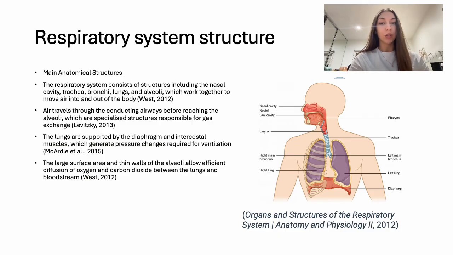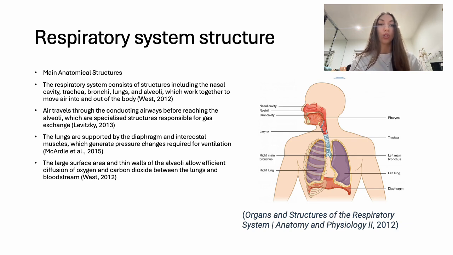As we can see in this diagram, the respiratory system is made up of several structures that work together to allow breathing and gas exchange. Air enters through the nasal cavities before traveling down the trachea into the bronchi, which branch into the lungs. Also shown in the diagram are the alveoli, which are the tiny air sacs that act as the main site